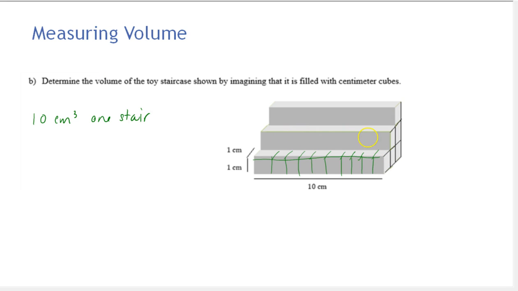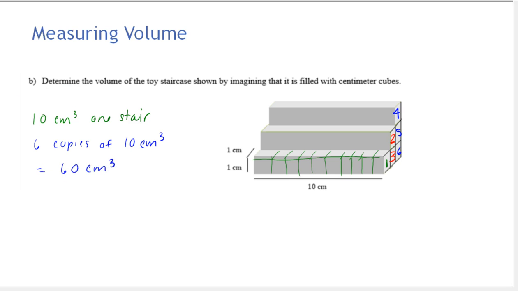Now notice the second stair would be identical. This was our first one. The second stair would be identical, so this also has 10 cubic centimeters, but notice it has a row below it that we can't see that's identical to this one too. So now we have 3 copies of the 10 cubic centimeters. And now going to the third step, this is identical to this first stair that we counted, and underneath that one we have 2 more copies of these 10 centimeters cubed. So we have 6 copies of 10 centimeters cubed, which is 60